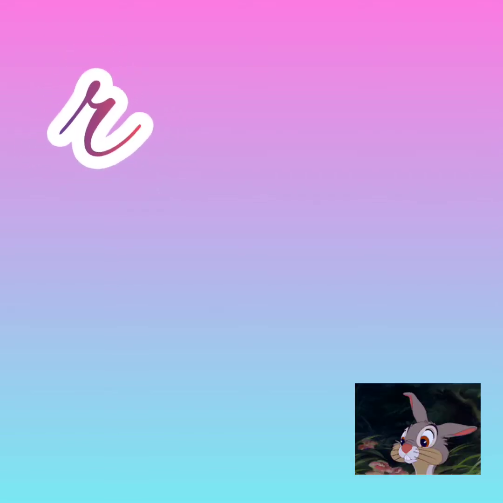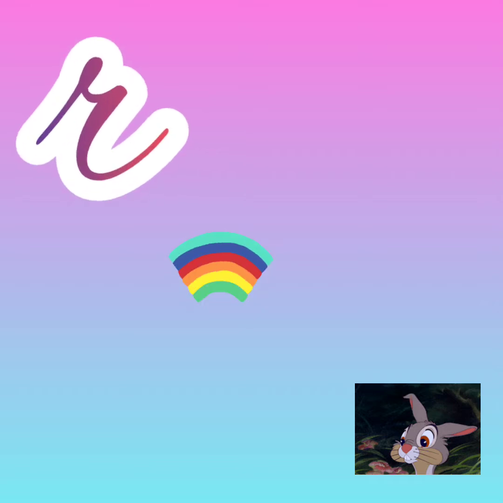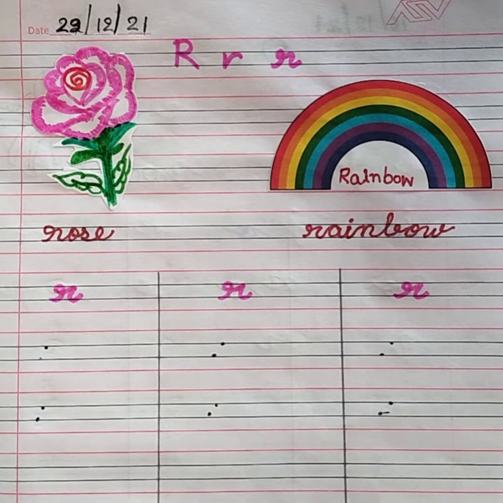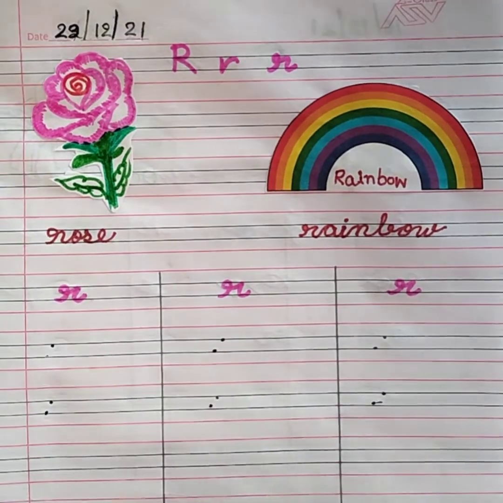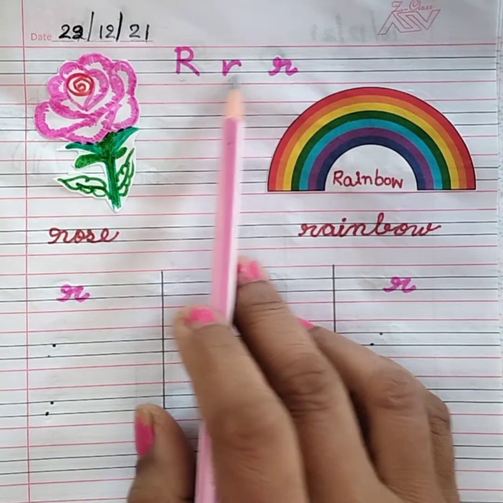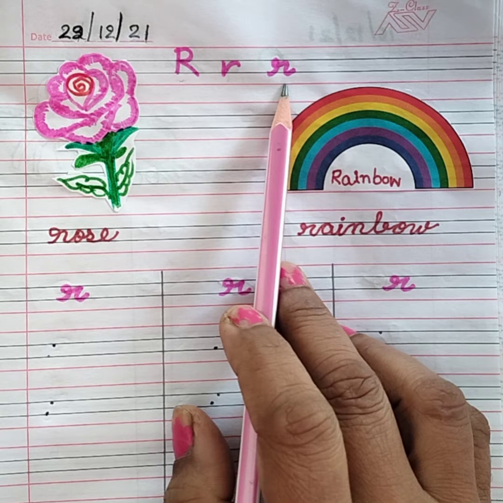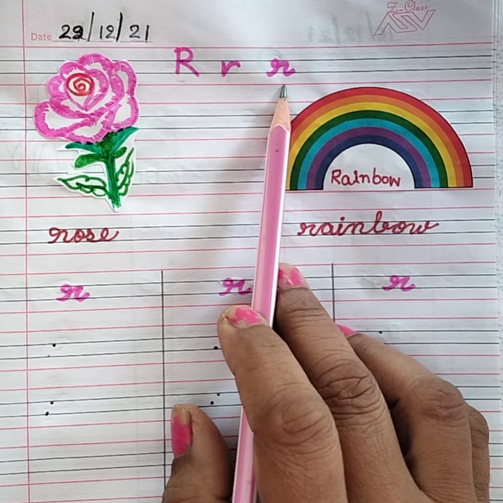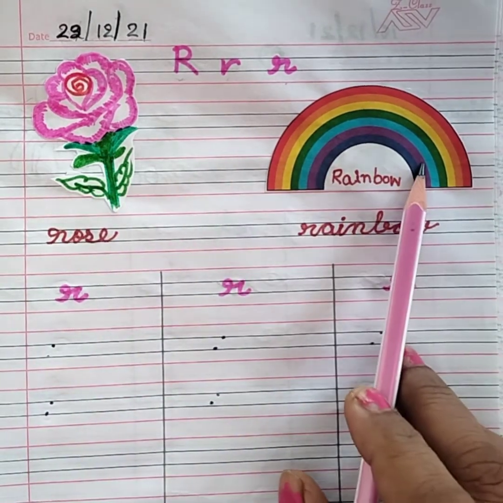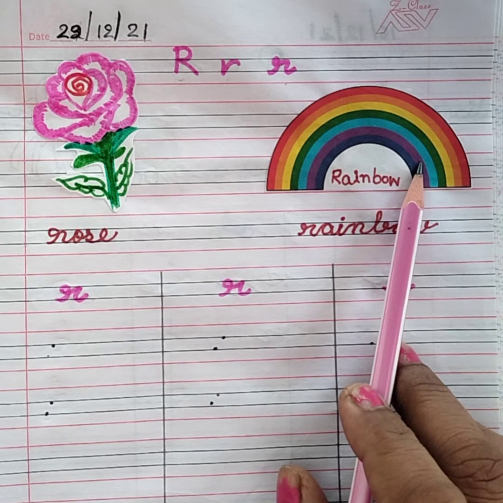Today in this class, I am going to tell you about small cursive letter R. R for rabbit, rose, rainbow, rain, rice, rajma, like that. So kids, here you can see this is capital letter R and this is small letter R and this is small cursive letter R. Today you are going to learn this small cursive letter R. R for rose, R for rainbow, and the phonetic sound says